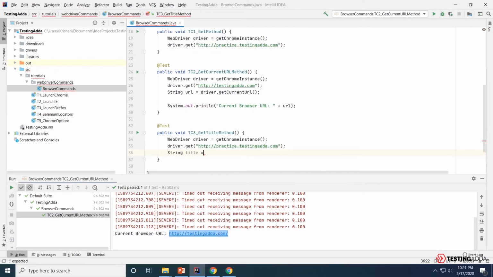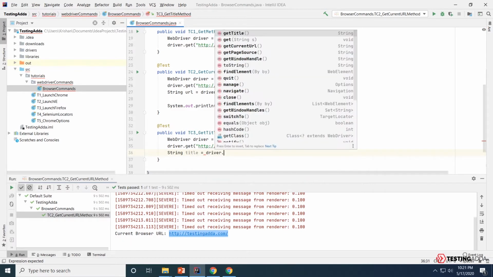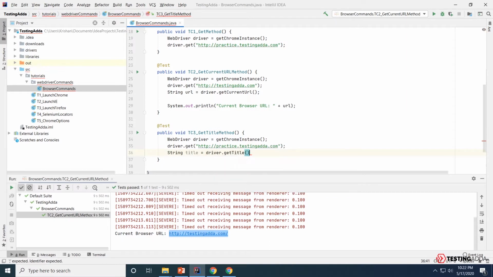Now again, we will see driver dot, we'll be able to see the get title method. Now you can see get title method accepts no parameter but returns a string value. So again, we'll get title. We'll not pass any parameter because this method does not accept any parameter, but this will return a string value.